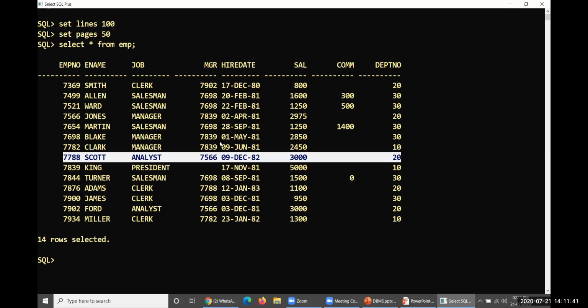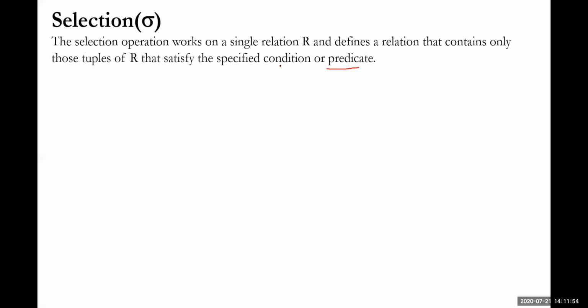What does it mean? Selection always operates on any table by following one specific operation. That operation is called the predicate, or condition. Some conditions may be applied while displaying the data. If you operate any condition without selecting the columns, the condition takes place within the selection.